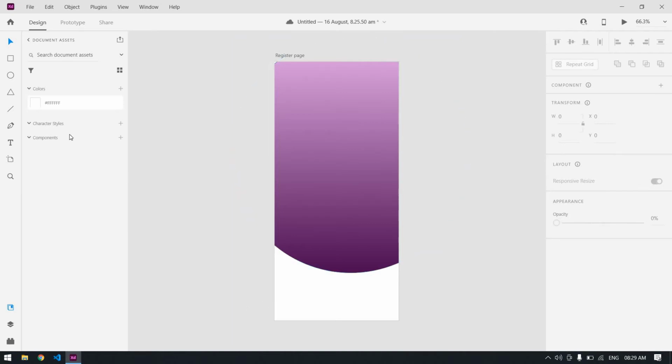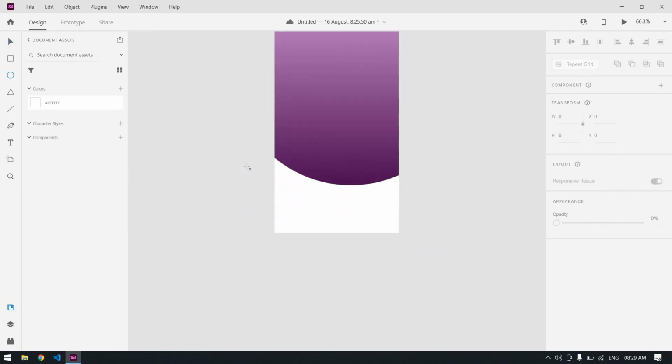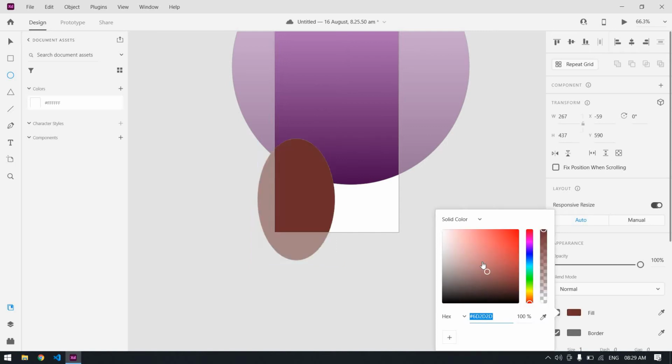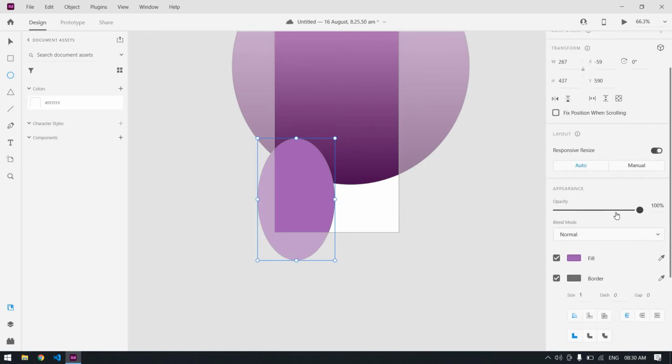After that I'm going to create one more circle. This background color is... I'm going to change the opacity of this.